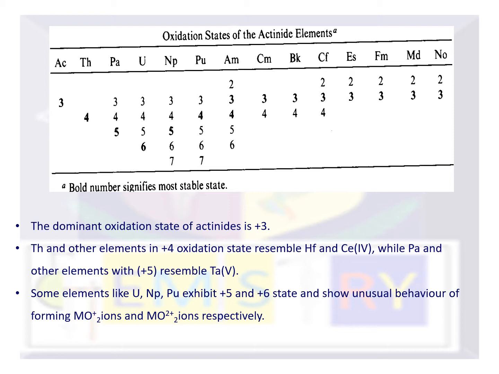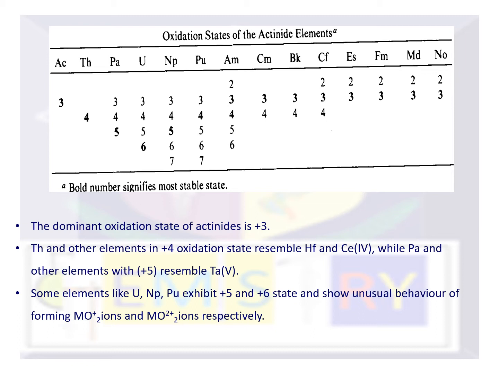So this +2 oxidation state is not seen in the elements from actinium to plutonium. Curium, berkelium, californium, einsteinium, fermium, mendelevium and nobelium all have oxidation states of only 3 and 4, predominantly 3. So we can see that the prevailing oxidation state of all these actinide elements is +3. And we know very well that this +3 is obtained by just losing the s2 electrons and the f electrons or the d electrons.